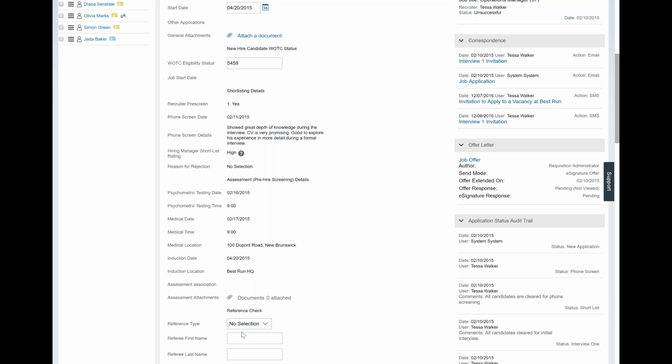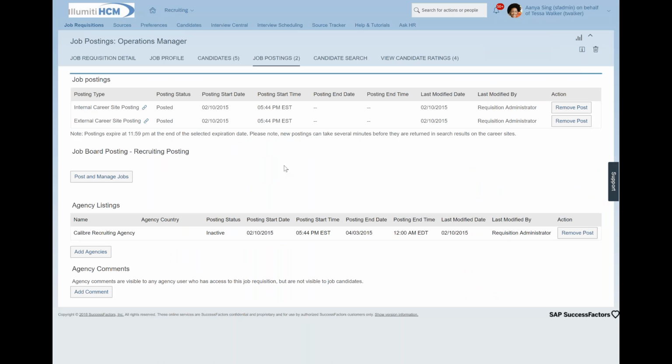When it comes to job postings, we have the ability to post, as I said, both internally and externally. You can set posting start and end times. A lot of my customers will do a preliminary post internally and then do a slightly delayed or staggered external approach. And that gives internal candidates maybe a 2-week lead time to express interest before they open it up externally. With those start and end dates, you can make sure things are staged or triggered appropriately.